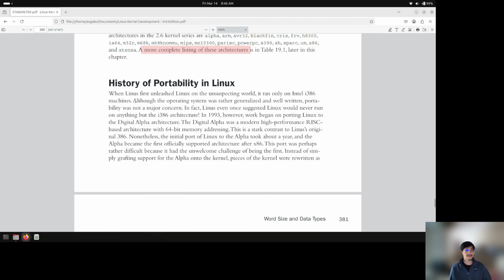Okay, history. History of portability in Linux. When Linus first unleashed Linux on the unsuspecting world, it ran only on Intel i386 machines. Although the operating system was rather generalized and well-written, portability was not a concern. In fact, Linus even once suggested Linux would never run on anything but the